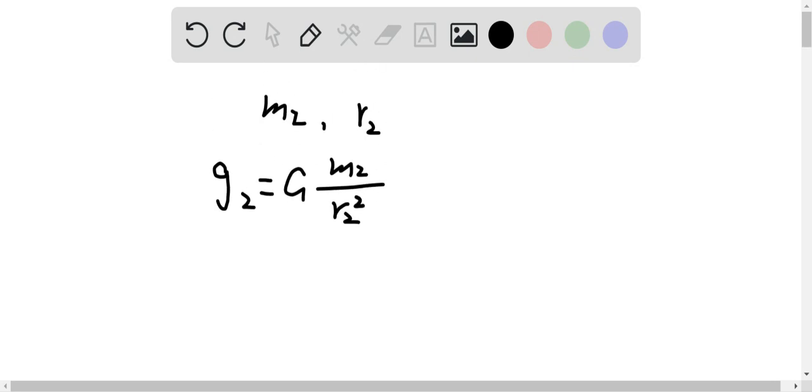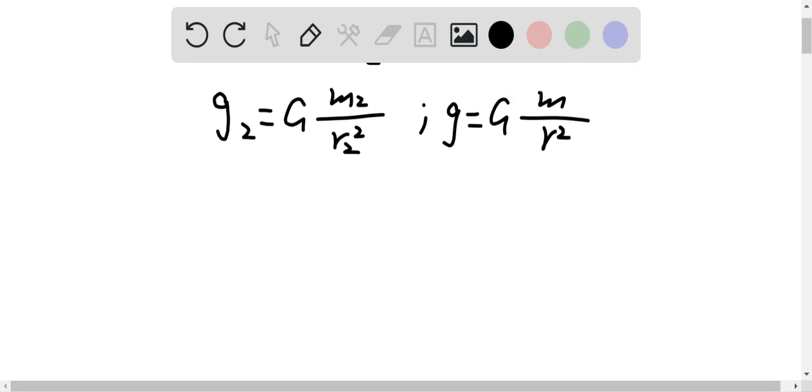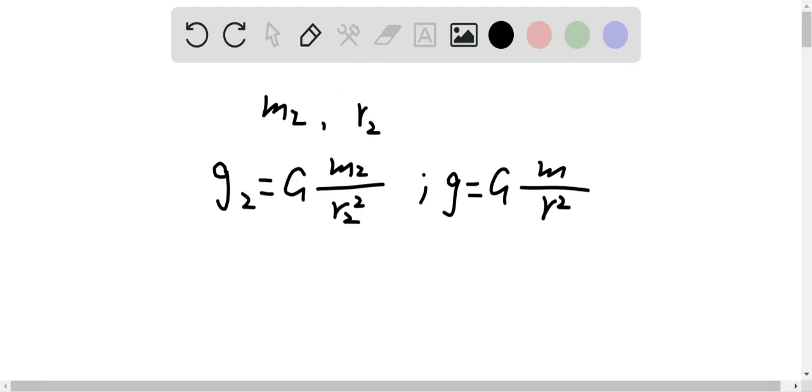And the acceleration of gravity on Earth is given as g equal to capital G times m over r squared. m is the mass of Earth, r is the radius of the Earth. And in the question, we're saying that the mass per unit volume is the same as Earth, which means the density of Europa and the density of Earth is the same. So rho Europa is equal to rho Earth,